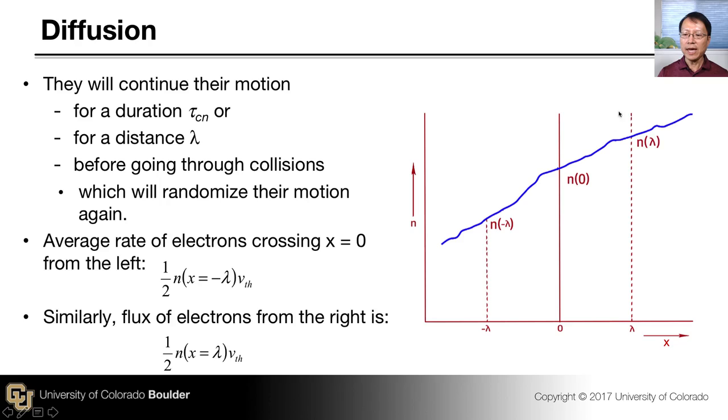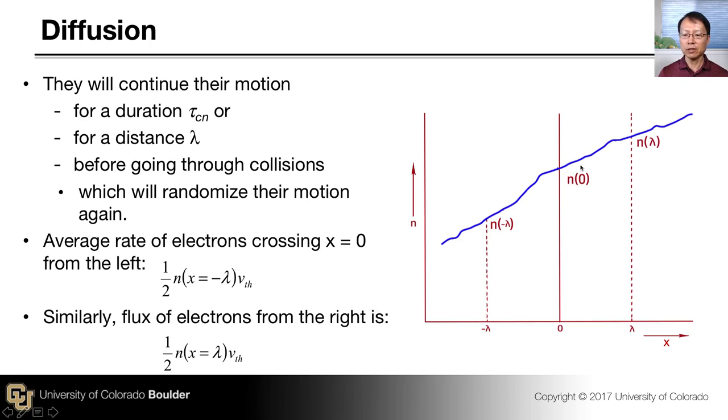Likewise, half of the electrons located at x equals lambda, a mean free path away from this position of interest, will be moving to the left, and this left-moving flux from the x equals lambda position coming into x equals 0 will contribute to the electron flux at x equals 0. And likewise, half of the electrons at x equals negative lambda will be scattered to the right, so they will be moving to the right and coming to x equals 0, and they will contribute to the electron flux at x equals 0. So there are two electron fluxes